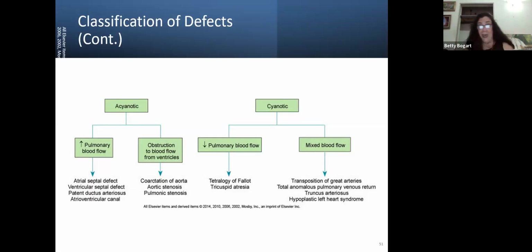Atresia, A is without, there's nothing. The next one goes to tricuspid atresia. That means the valve between the right atrium and right ventricle, there is none. Okay? Now, decreased pulmonary blood flow, tetralogy of Fallot, cyanotic heart disease, the most common congenital cardiac heart disease is